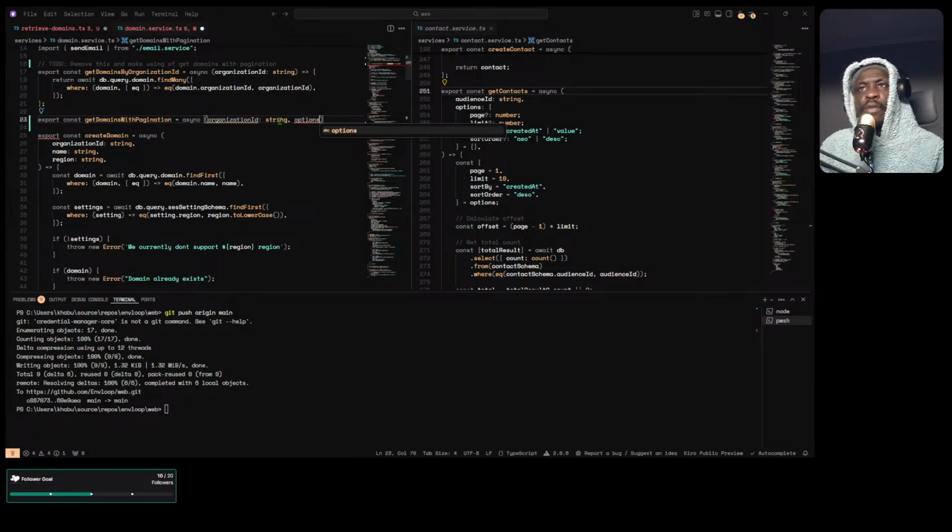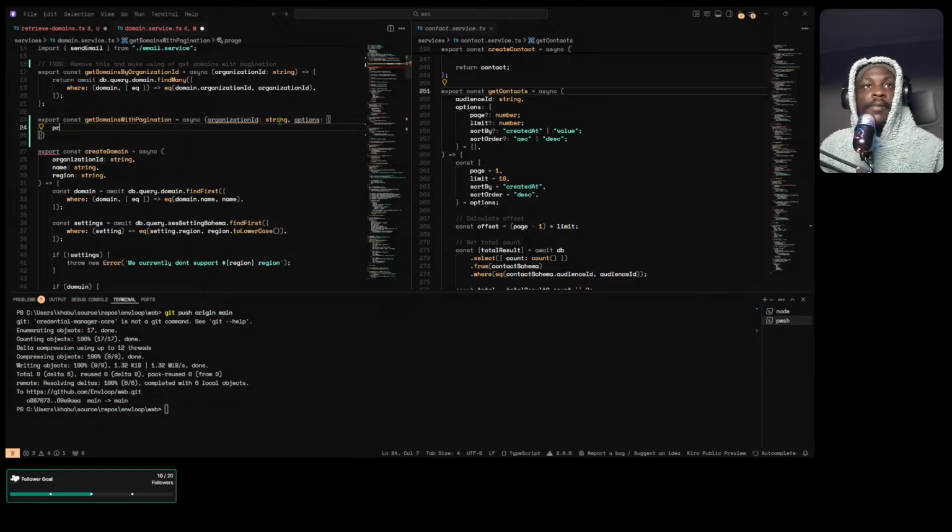I don't know if maybe I have to call this options, but let me just call it options. It should be a better parameter name, which is more descriptive instead of just calling it options. If someone wants to use this, they might not know what options is. But anyway,